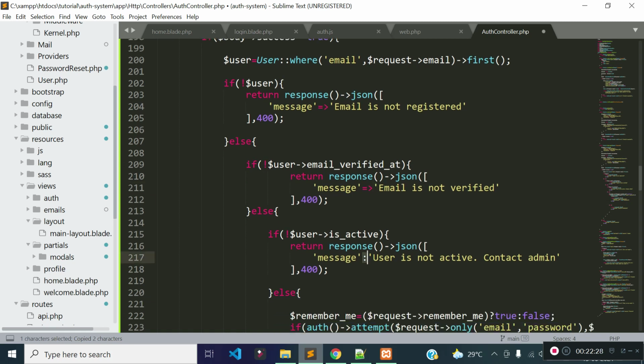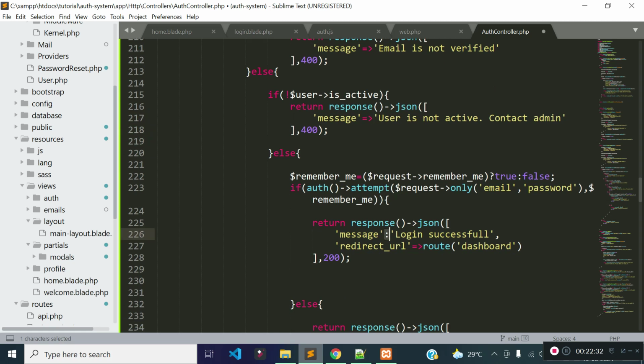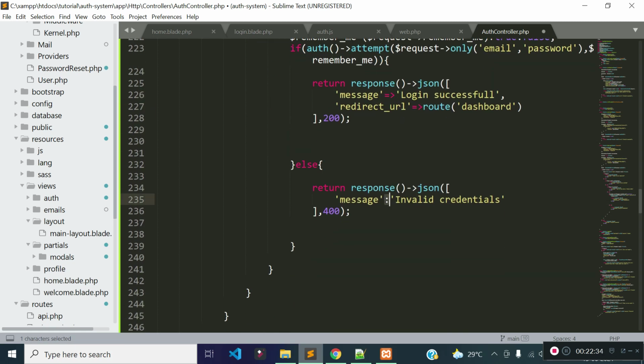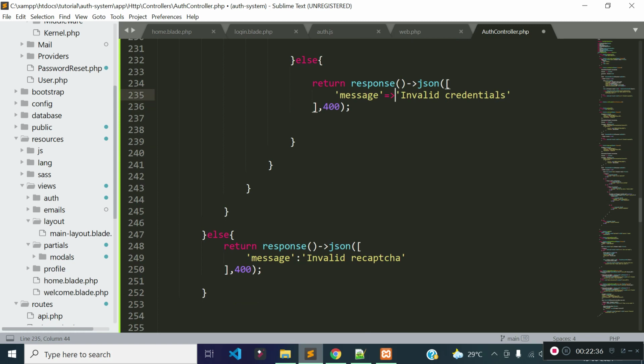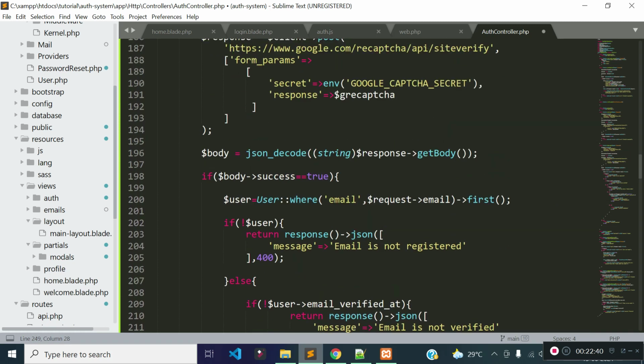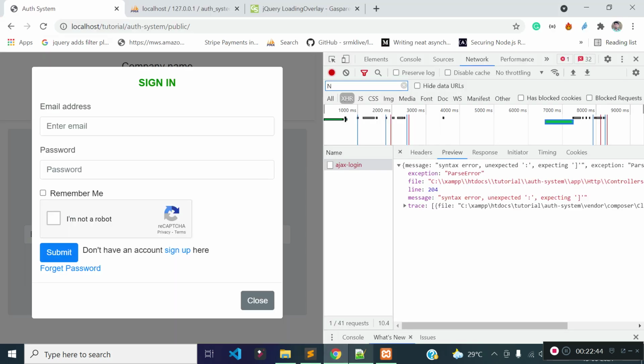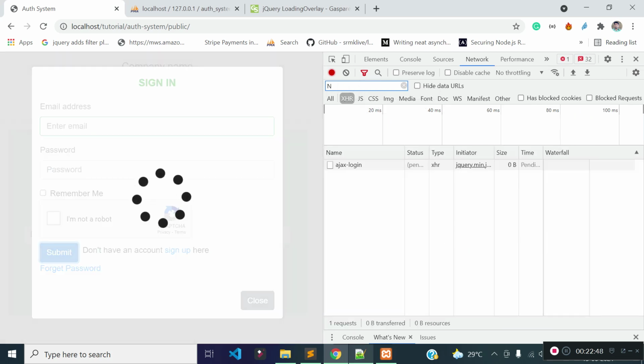It is not JavaScript, it is PHP, right? So it should be like this. Sorry for this. So everything is correct, I believe. Now save the file and let's submit the form again.